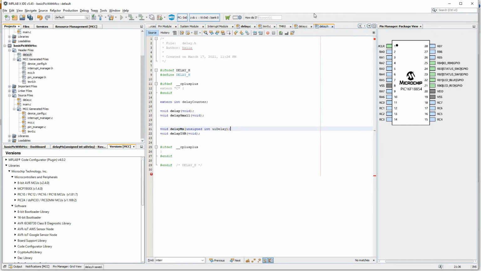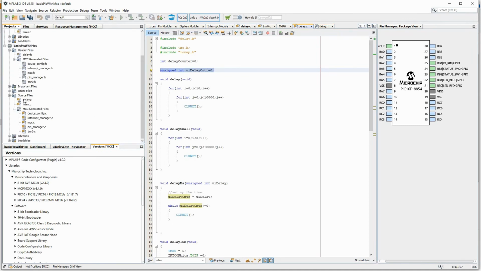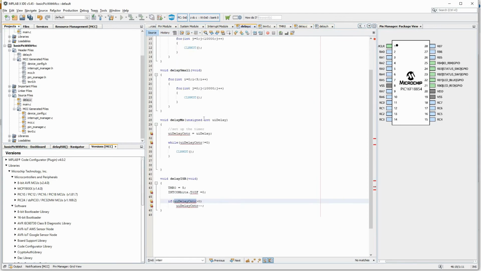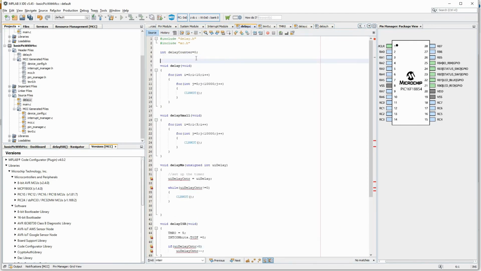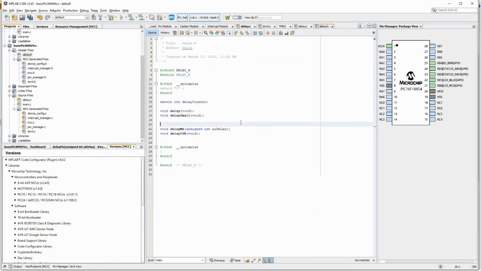And the variable also, unsigned int delay counter. Let me go to delay.c of this and use this variable, and in this delay.h let me extern here. So now I have done this.